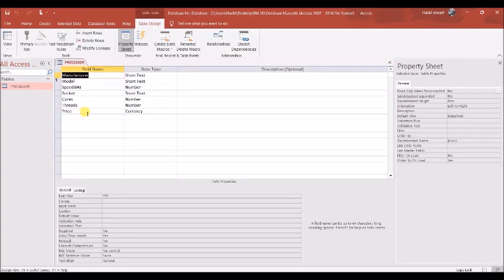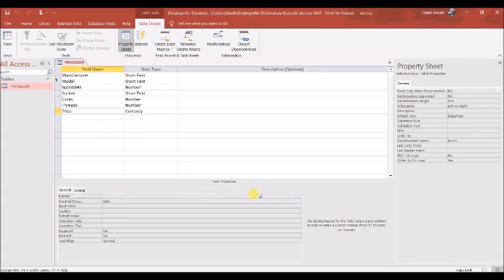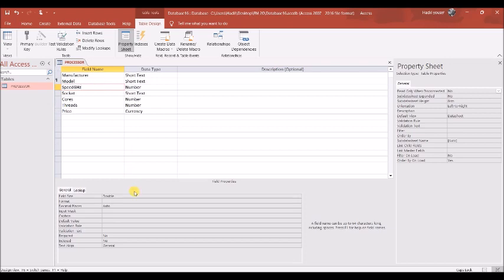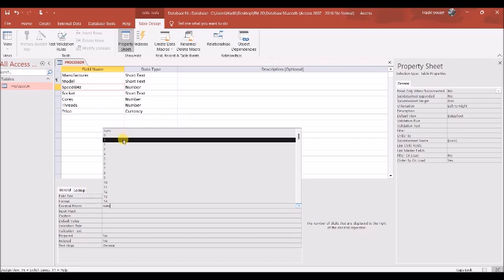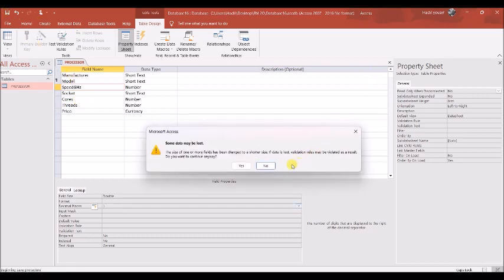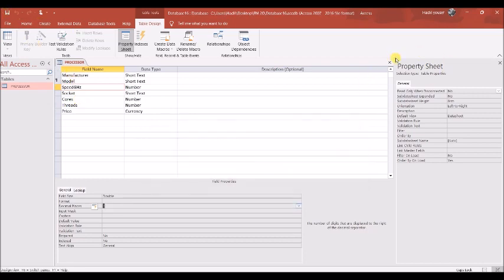Design. Currency is currency, 2 decimal places. The socket just only 4. Model, manufacturer, speed, double, and it will be 1 decimal place. Okay. Save. Okay. Then